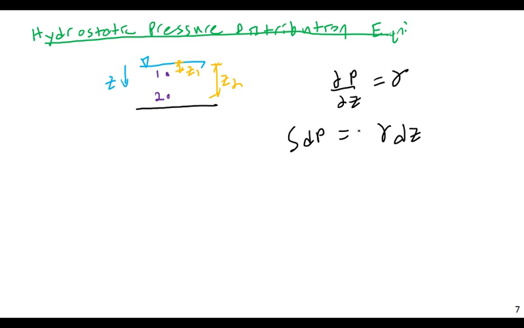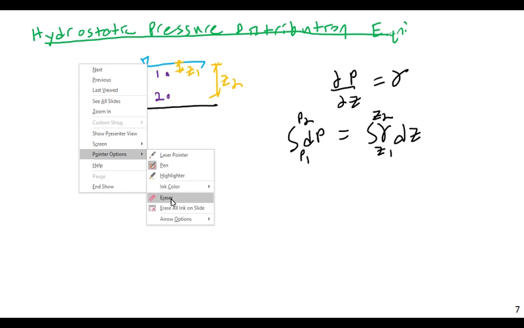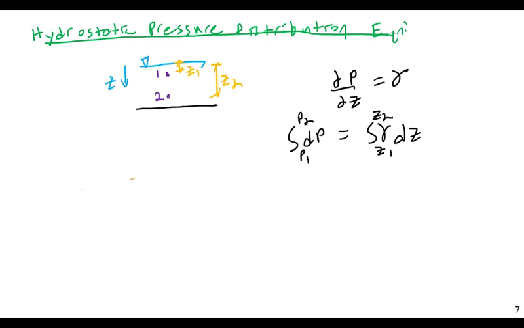And then let me integrate each of these, P1 to P2, and from z1 to z2. What will we get? If gamma is constant between z1 and z2,